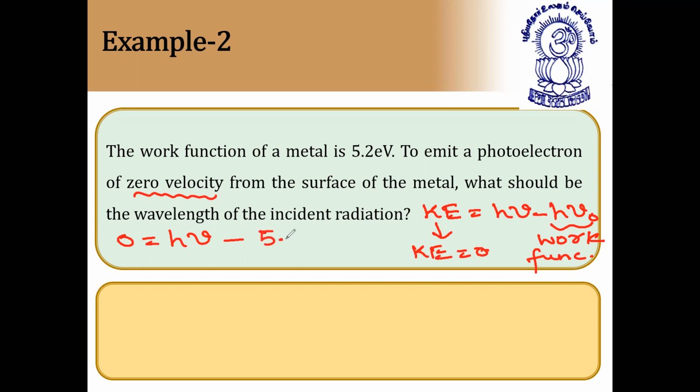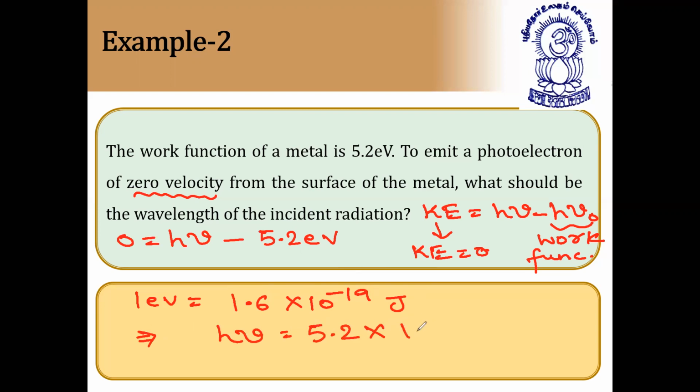And here one important conversion is 1 electron volt is equal to 1.6 into 10 to the power of minus 19 joules. So if the answer is given in joules, you have to convert this electron volts work function into joules. So by this we can write, they are asking us to find what should be the wavelength of the incident radiation. h nu is equal to 5.2 into 1.6 into 10 to the power of minus